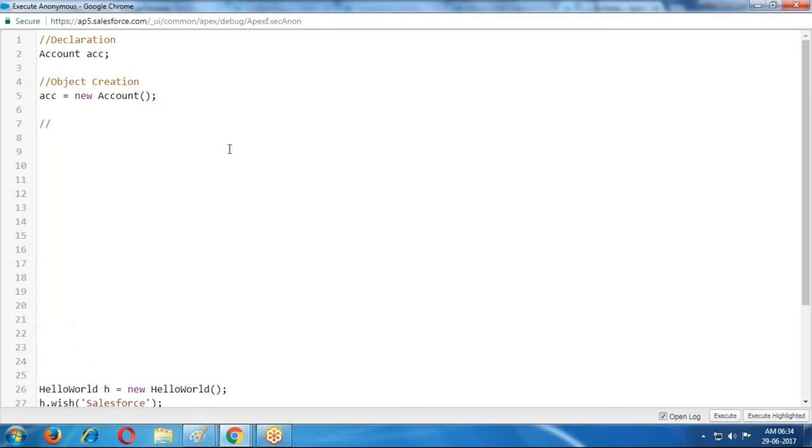Third step, initialization, or assign values. ACC dot name equal to Capital Info.